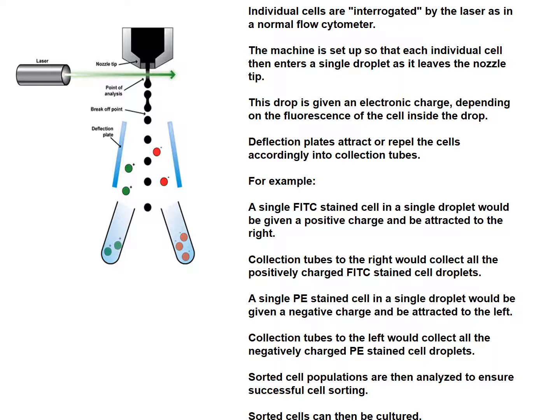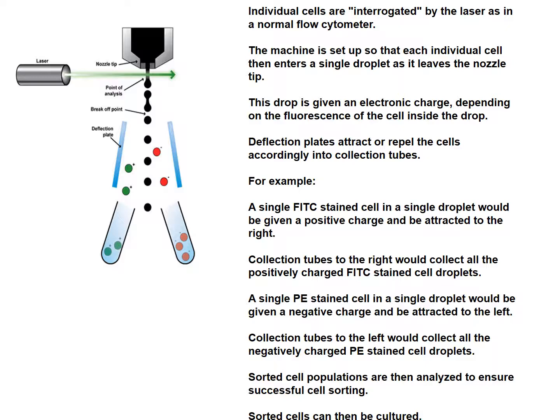And so you get one drop at a time. Each drop is given an electrical static charge, and it's dependent on the fluorescence. So when the laser says green, then the machine will give it, say, a positive charge. If it's red, it will be given a negative charge. So there is some software that must read almost instantaneously what the marker is on the cells and give them